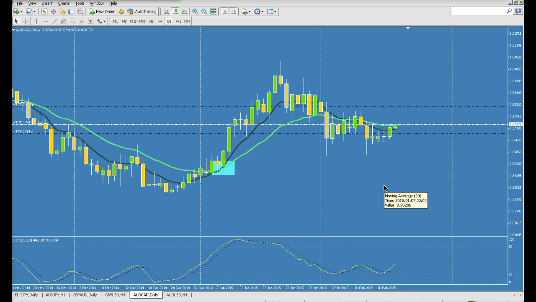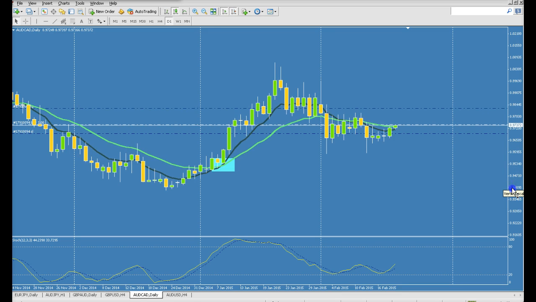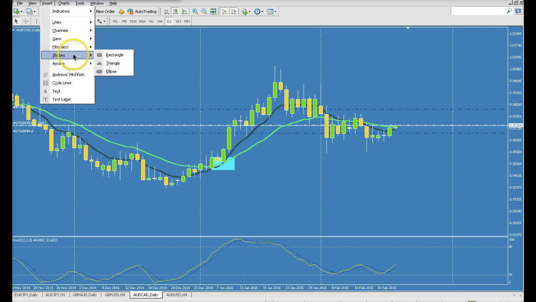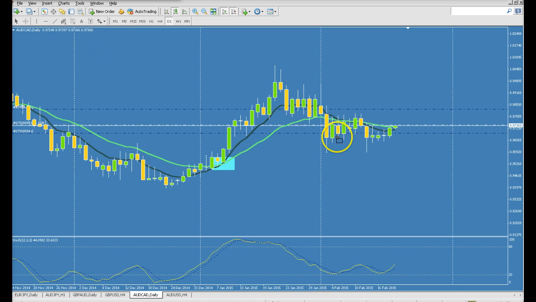Also, when you're looking at a chart, depending on the time frame, make sure you're looking at several sessions. On a daily chart I'm looking at least 2 or 3 months, so I know where all the support and resistance levels are. For example, here we had a very strong support level. Let me highlight it. So I'm thinking this is like a week of the market not wanting to penetrate this